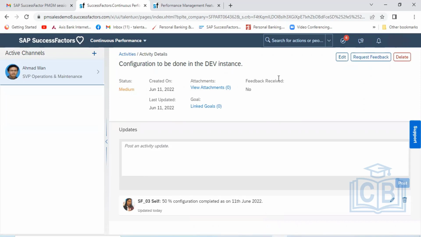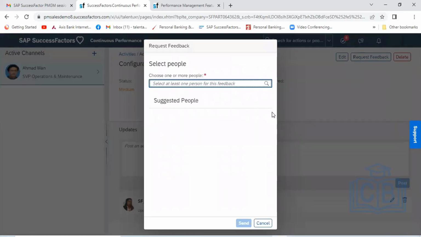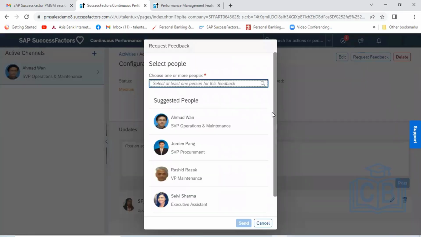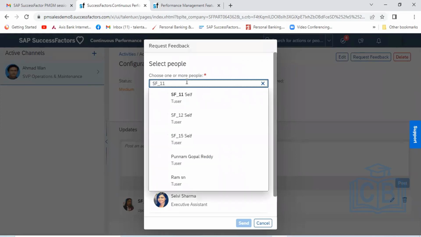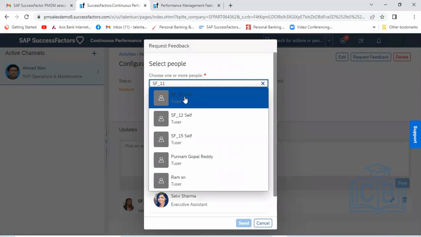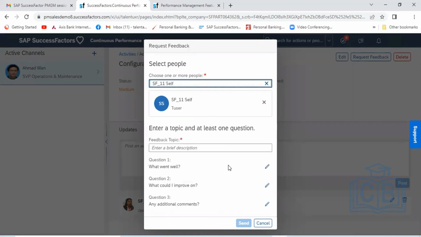You have done this task and want feedback from a peer or colleague. Click on request and select some user ID. Let me take this one, and enter the topic and at least one question.